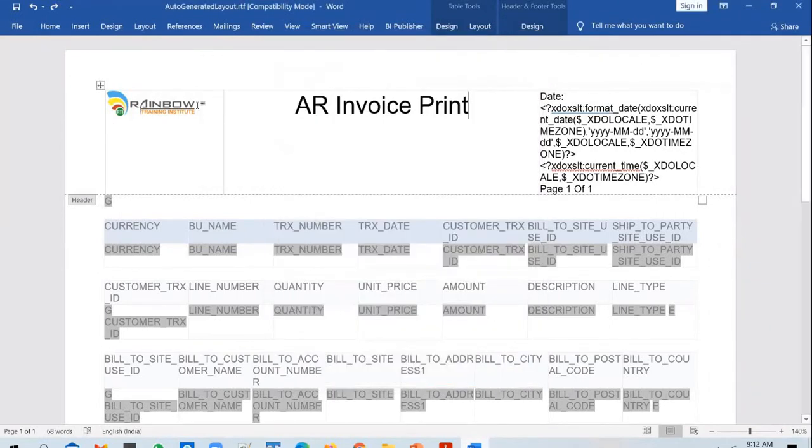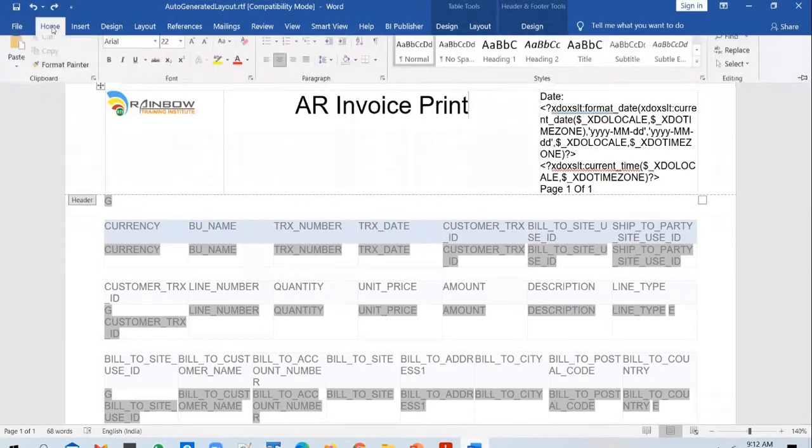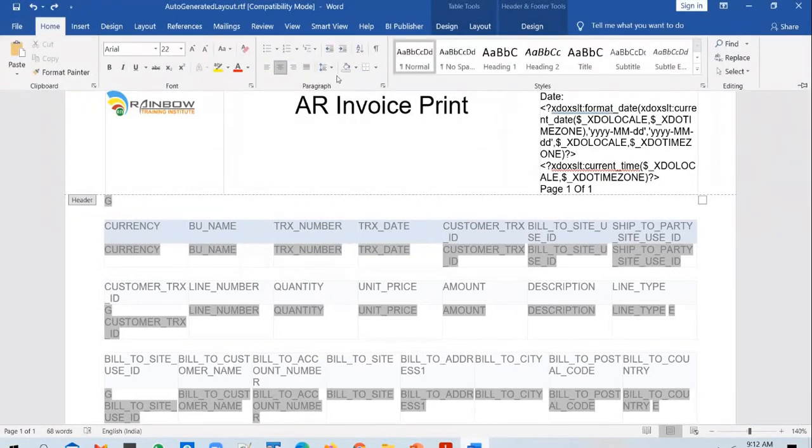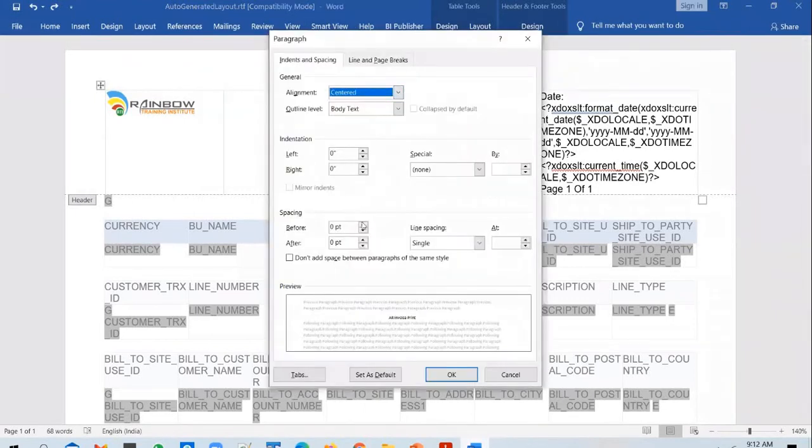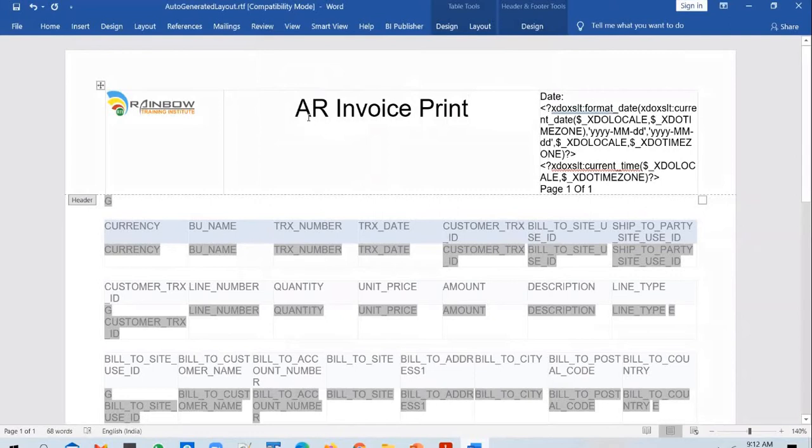So let me show you the navigation again. Select the table, go to home page, and under paragraph you have all the alignment options available here. Paragraph alignment options. So you click on paragraph, and you say before you print this line, give a 6-point space or say 3-point space. So you say 3 point, click OK, and you notice that there is a 3-point space before the line, and this tag is printed. So that is applied only for the first column, only for the middle column.